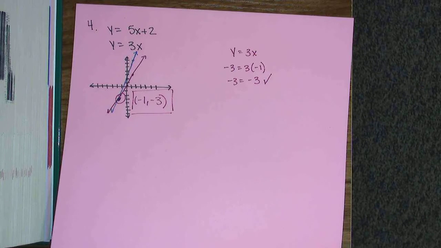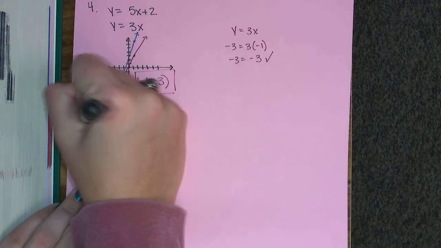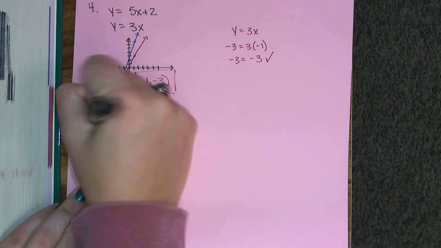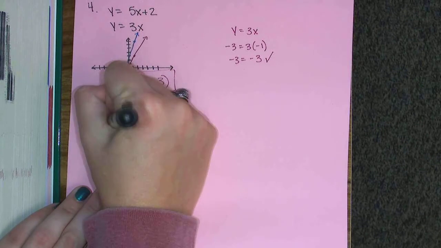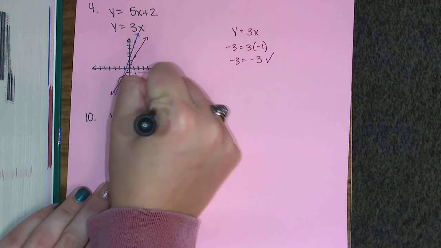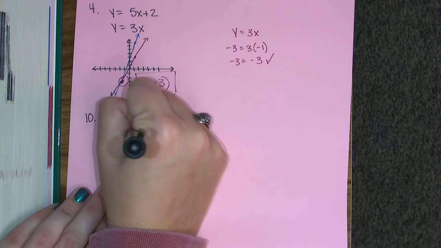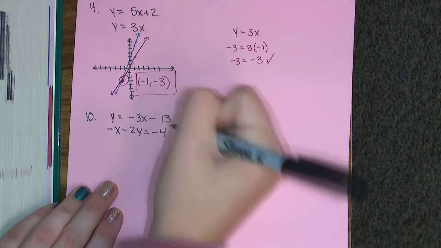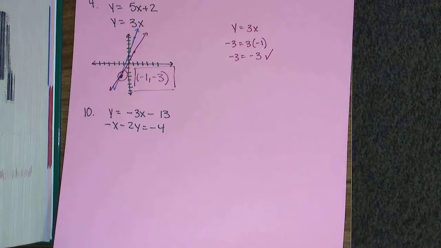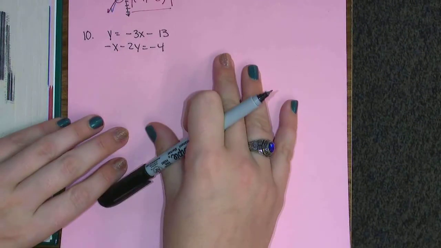All right, let's see. Trying to get ones that aren't crazy. Number 10: y equals negative 3x minus 13 and negative x minus 2y is equal to negative 4. So we will